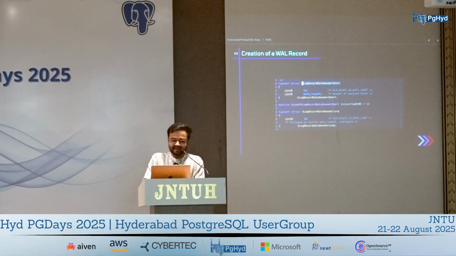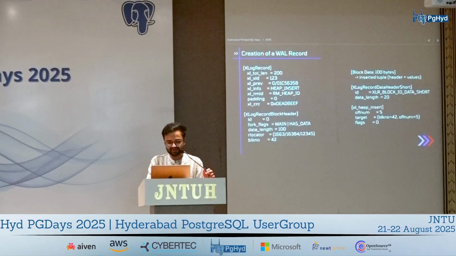And after all these headers, we get to the actual page data, which is stored in the xlog record data header. Now this comes in two categories, short and long, depending on the structure of the page. But this is the actual place where the data for that particular page is stored.